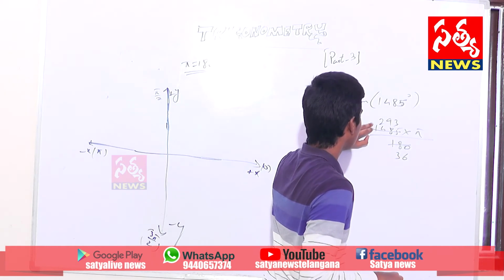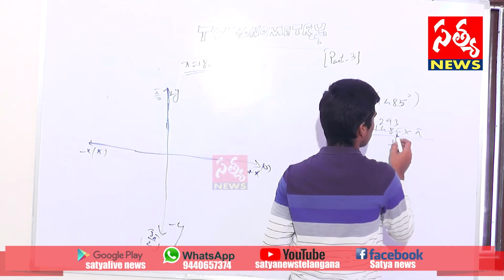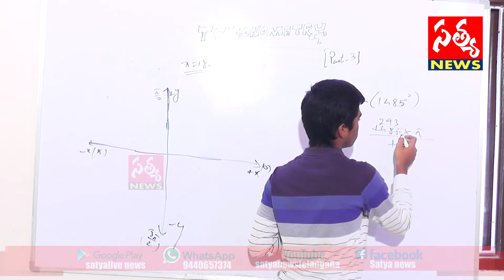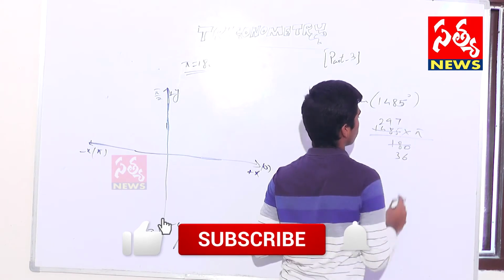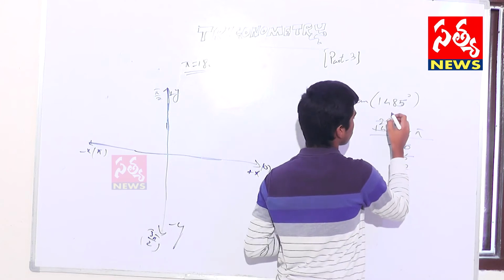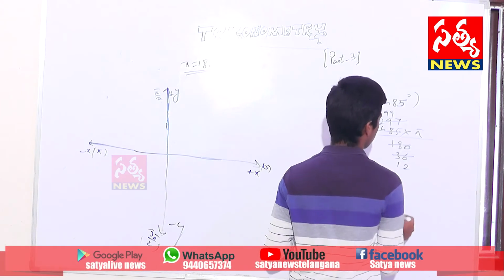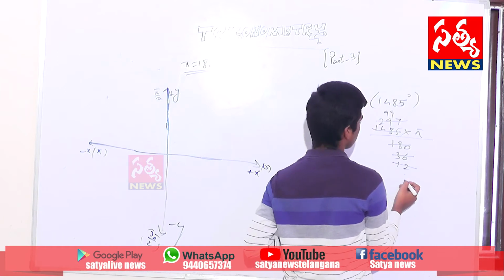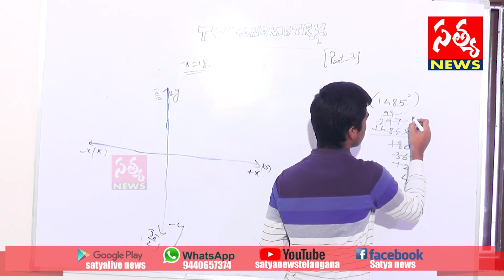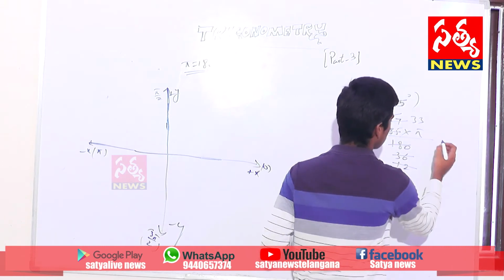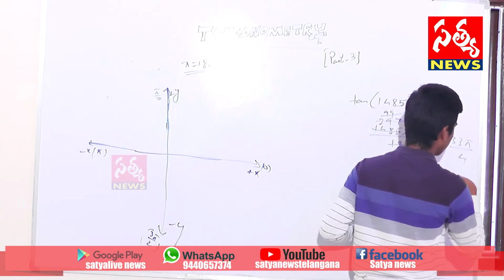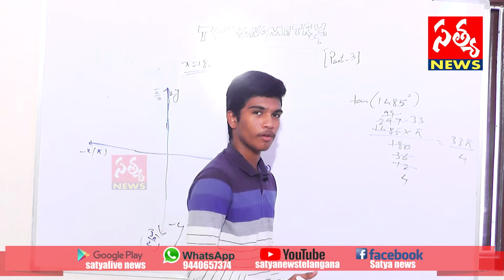Okay, 5 2s are 10, 5 9s are 45, 35 is the remainder, here we get 7. 3 1s, 3 2s, 3 9s are 27. 3 4s 12, 3 3s 9, 3 3s 9. So the simplified angle in pi radians is 33 pi by 4. Okay, 33 pi by 4.